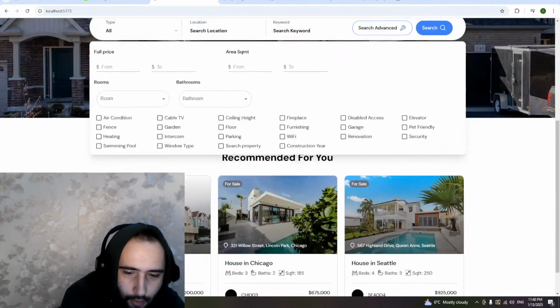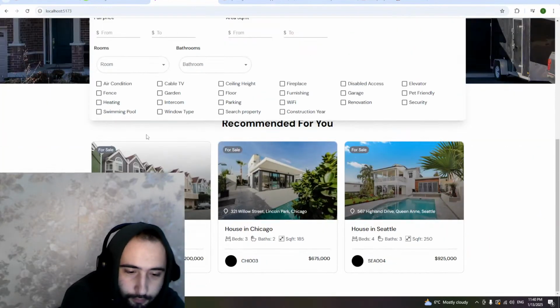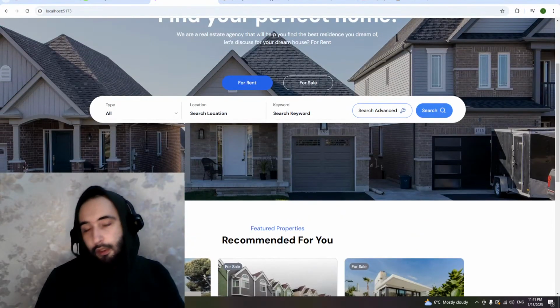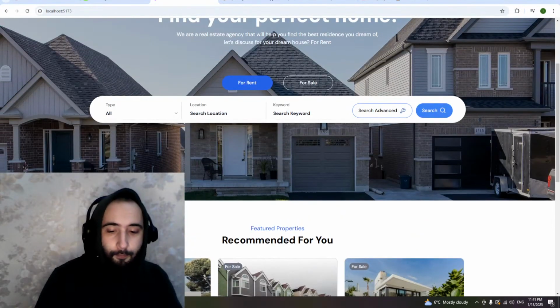So yeah, let's okay, so that's the bug: if unchecked, it does not clear the filter. Okay, that's the thing to fix on the next stream as well. So I guess that's it for today. See you